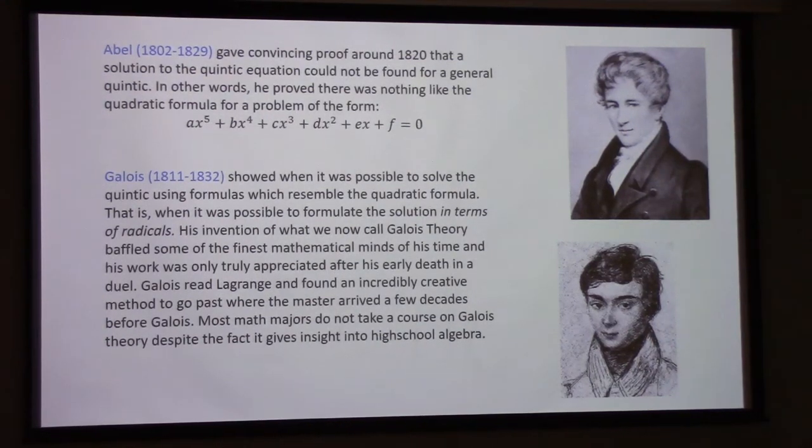Maybe 21, I think. But not of tuberculosis. This one died of a duel. We don't exactly know the details, but he was not successful in getting his work published in his lifetime. There are a number of influential mathematicians who were made aware of his work, and I think they just didn't understand it, so they didn't really publicize it.